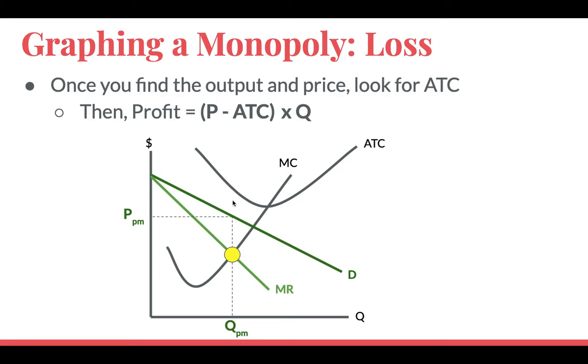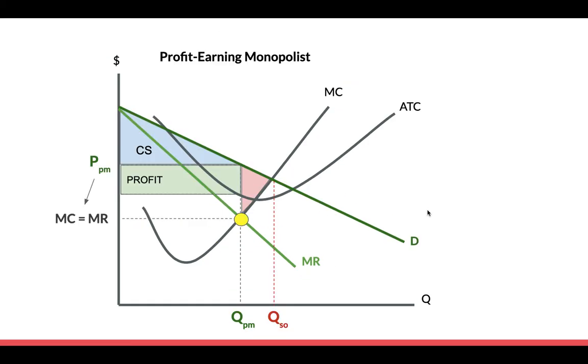So this gap, you can see the cursor moving from this point to this point, that's representing our per unit loss. And because of that, we are incurring a total economic loss of this red area. Price to average cost times quantity. So you could also think of it as up here is ATC, so this would be average cost minus price times quantity. This is giving you the total area of economic loss.